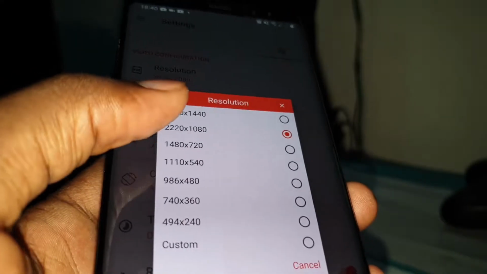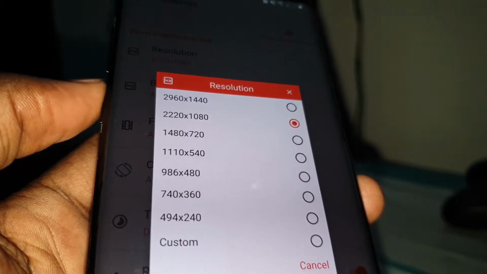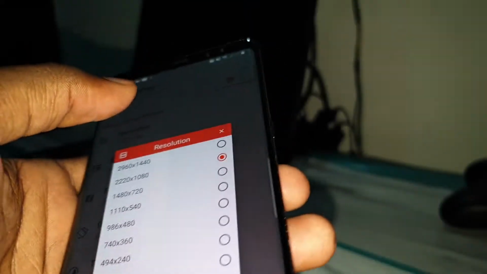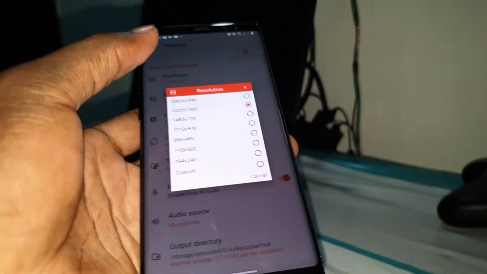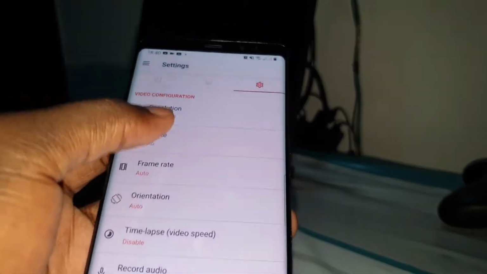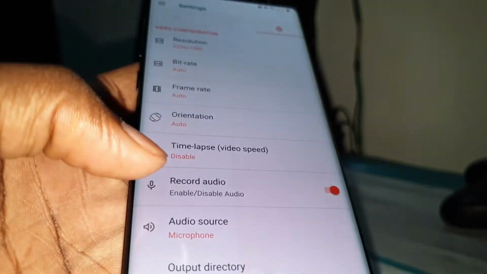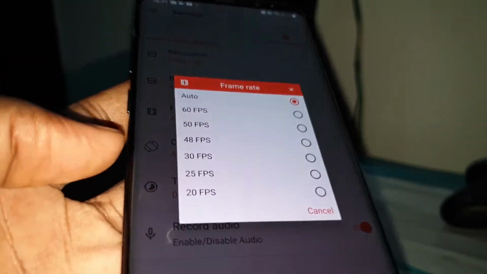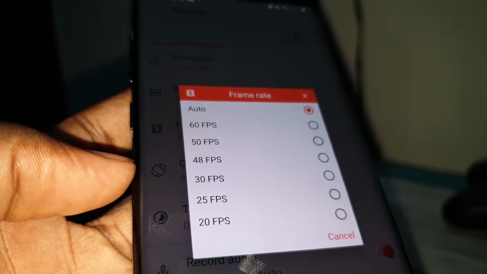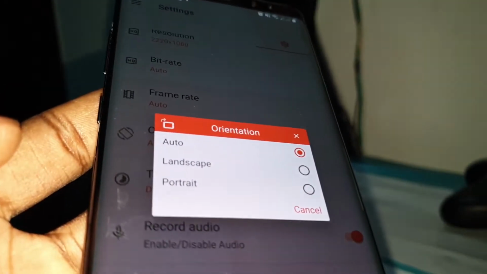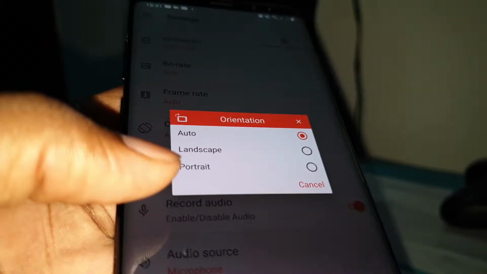You can record at this resolution, 2K and 4K, if your phone is compatible with this. You have the bitrate, you can choose the bitrate here. Frame rate is also 60 fps. You can select orientation.